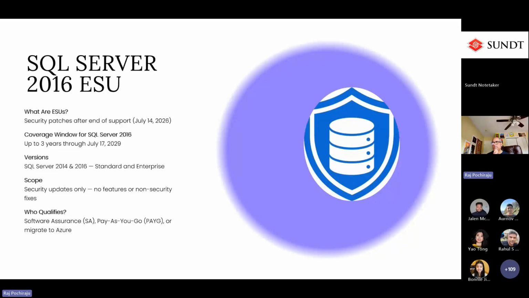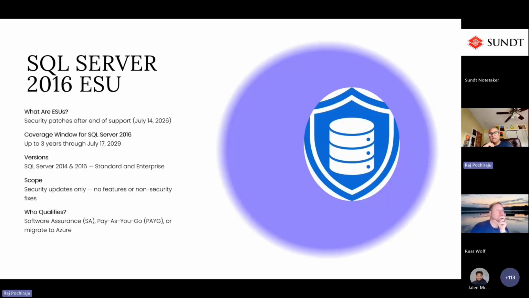That's the event where we no longer support 2016, but there are plenty of customers out there that are still running their workloads on SQL Server 2016, and they need some time to modernize. Either they want to migrate to Azure SQL or upgrade to the latest supported versions. We understand that it's going to take some time. So we want to make sure that these environments are kept secure and also follow through on compliance. That's the whole reason that Microsoft